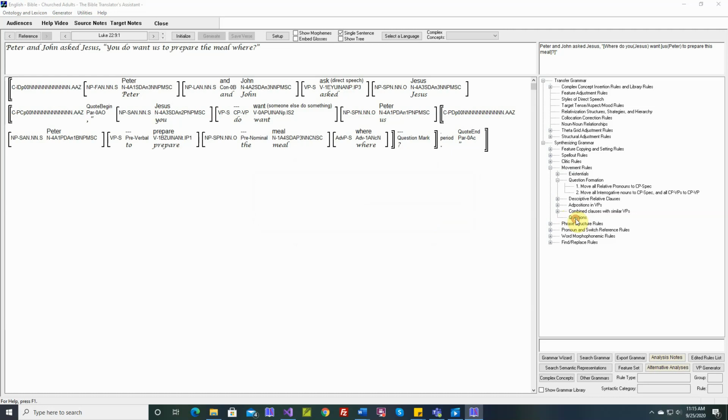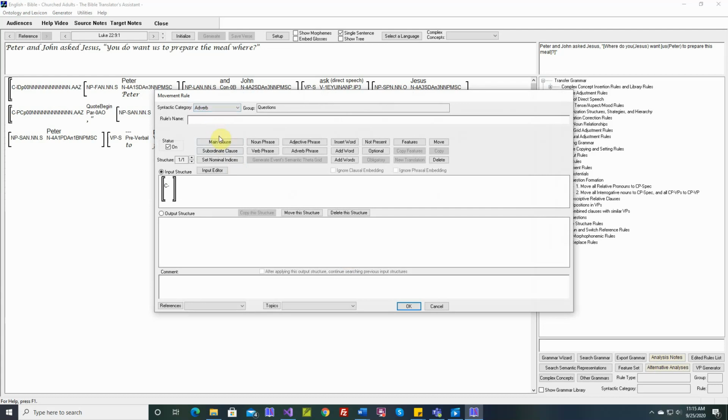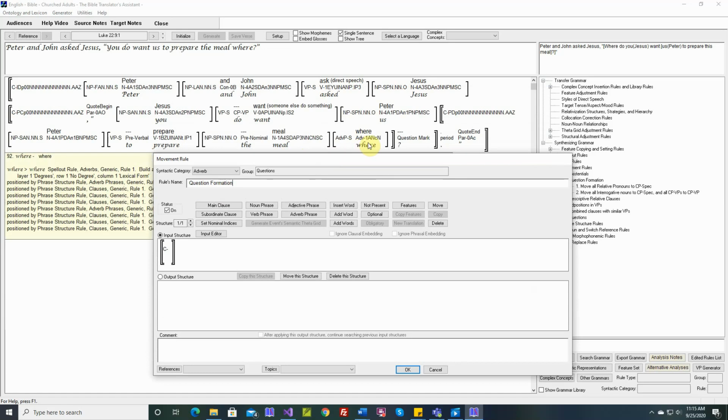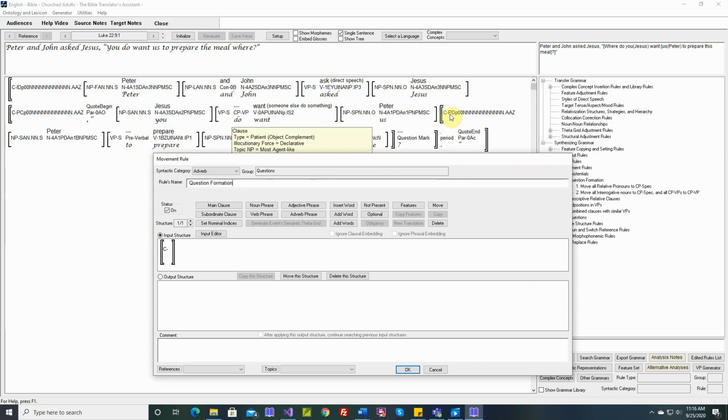To enter a new rule, we double-click. Okay, let's make this rule be triggered by adverbs. The adverbs where and when and why and how. So we'll say this movement rule is based on adverbs. And we'll call this question formation. And in the input structure, when we look at this sentence, this question adverb is embedded in an object complement. So let's put an object complement into here, and in the object complement we'll put an adverb phrase, and in there we'll put an adverb,